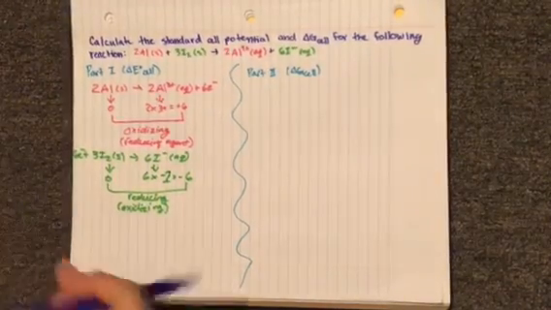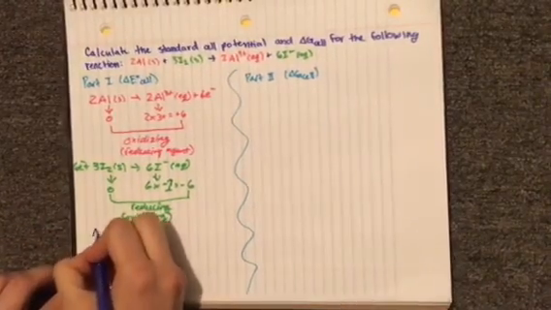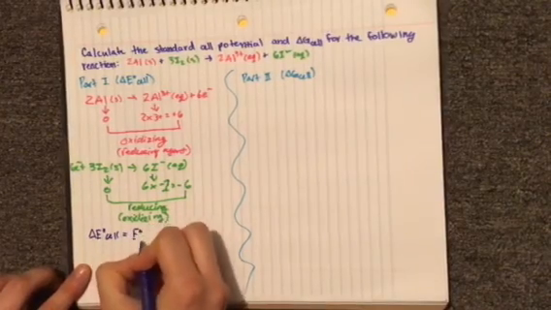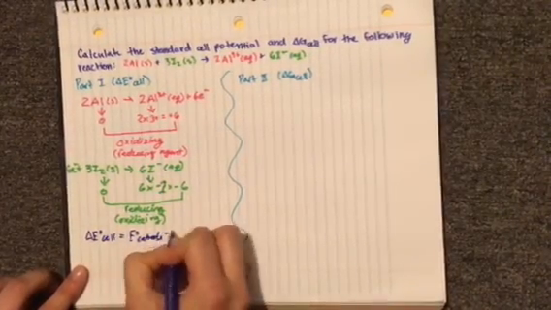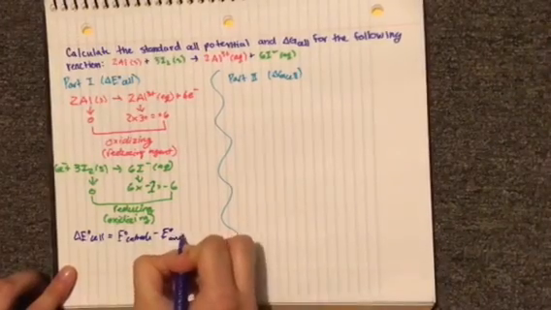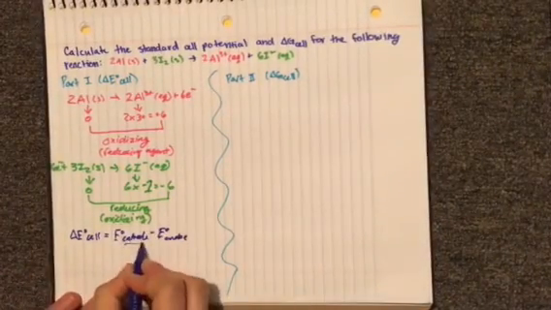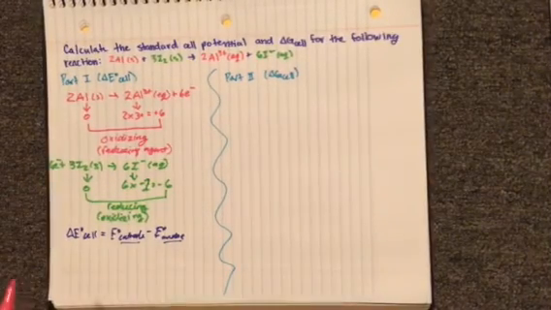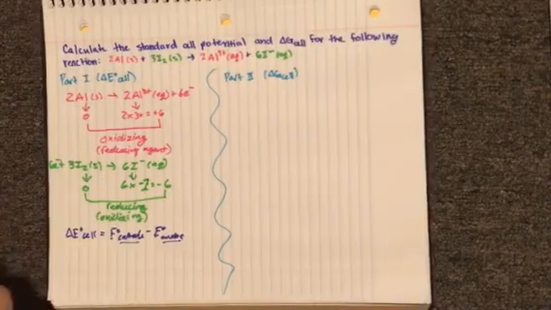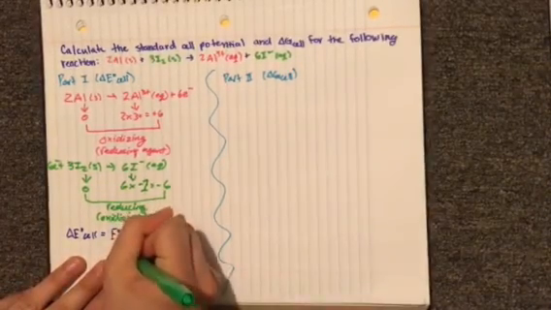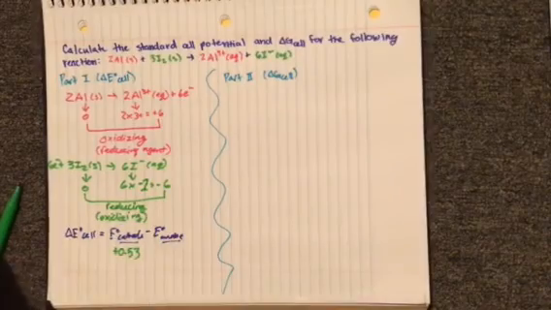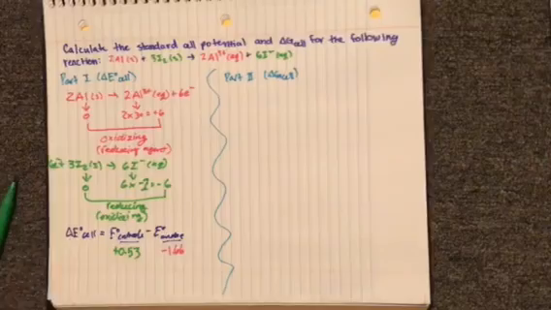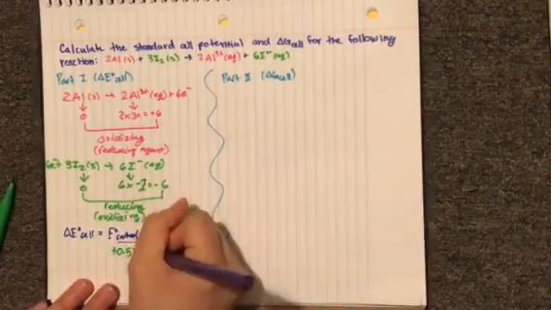And then how we find standard cell potential is by using our equation, which equals cathode minus anode. And our cathode is the reducing agent and the anode is the oxidizing agent. So our cathode value is positive 0.53. Our anode value is negative 1.6, and if you add that together, or you subtract it really,